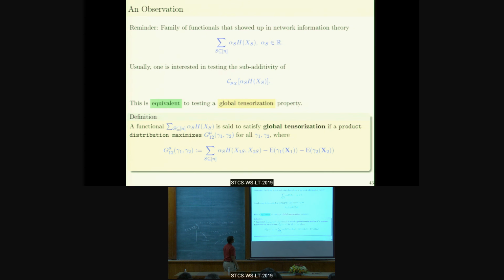So I claim that this has a global tensorization property if a product distribution maximizes this function. That's what I said before. Subadditivity is the same as